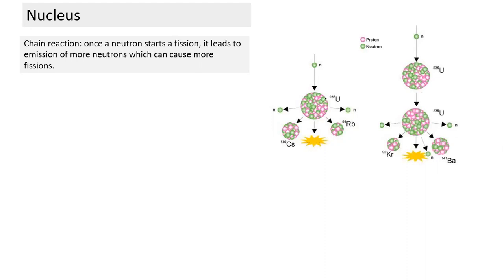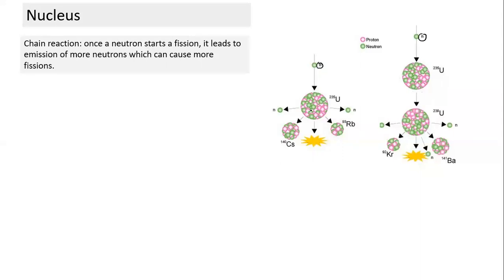Let's say you have this nucleus, and it is bombarded by a slow moving neutron. It absorbs this neutron and triggers a nuclear reaction, and there is more than one type of nuclear reaction. These two are very common types. In one case it forms these two compounds, in the other case different types of compounds. Here it is breaking into two mid-sized nuclei, and here also it is breaking into mid-sized nuclei.